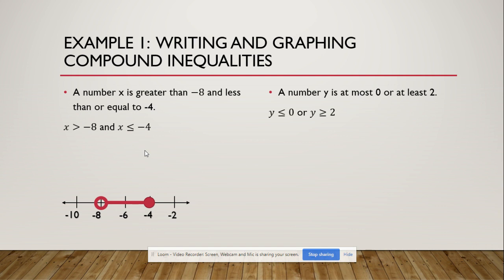Next, we got a number is at most 0. Now, at most lends itself to be less than or equal to. So we got is at most 0, or it's at least 2. So y is greater than or equal to 2. So we create our number line. Now, because this is using the word or, I just graph both of these inequalities separately. First, the y is less than or equal to 0. Filled in dot, going in the less than direction. Now for the 2, filled in dot, going in the greater than direction. And there, we've graphed